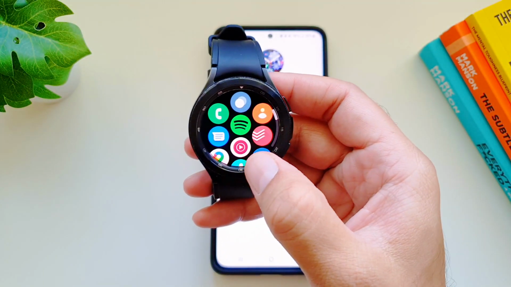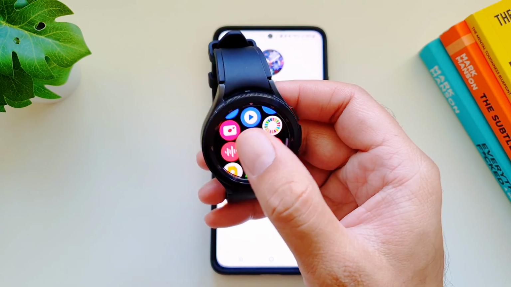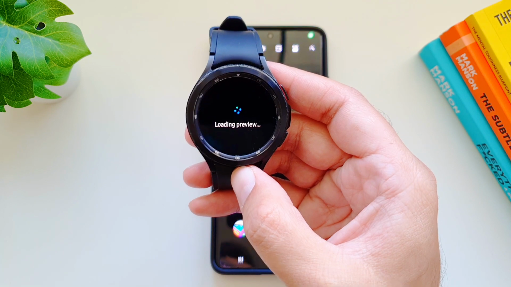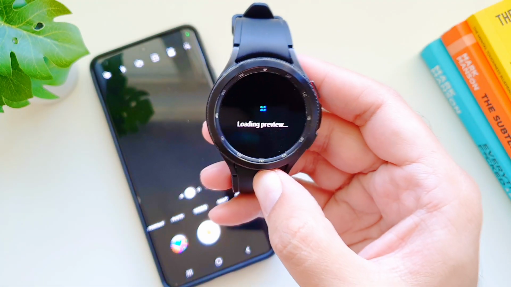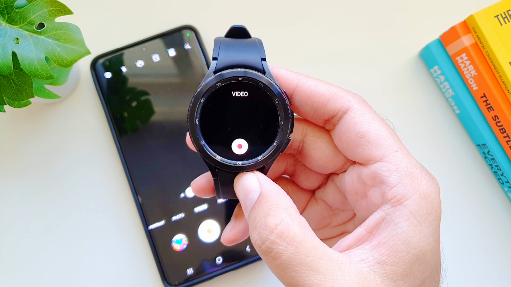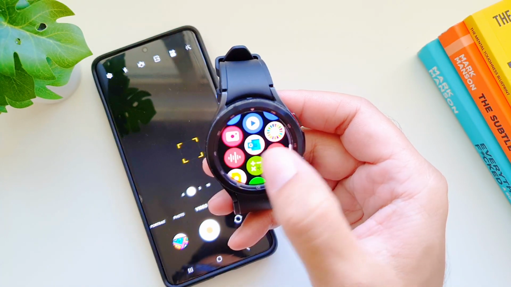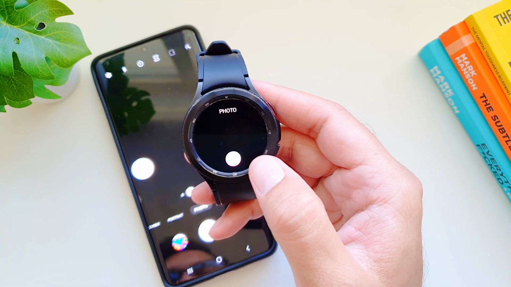Next feature that we have received is the camera controller app. Now in the update, it says that there is an option to switch between photo and video. So when you launch the camera controller, it will launch the camera on your phone, and you can take the photo, and if you change the mode to video on your phone, it will be able to shoot the video. But I have not been able to find how to switch between photo and video from the camera controller